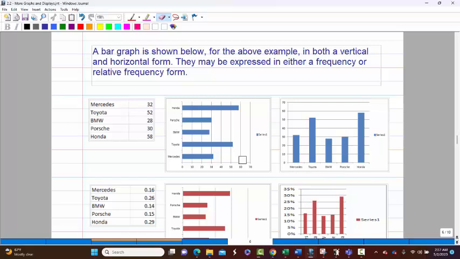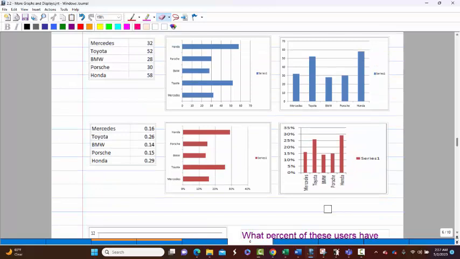I don't know what order it's choosing here. Okay, well, I guess it's going horizontally. It's starting, okay, Mercedes, it starts at the bottom, so it's going down, goes up here, and then it goes left to right this way. That doesn't matter, but the difference between these two is the only difference is it's frequency on the blue ones